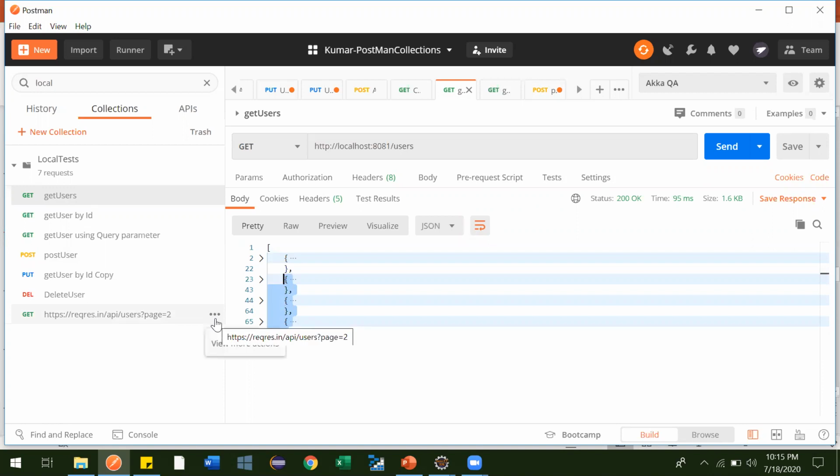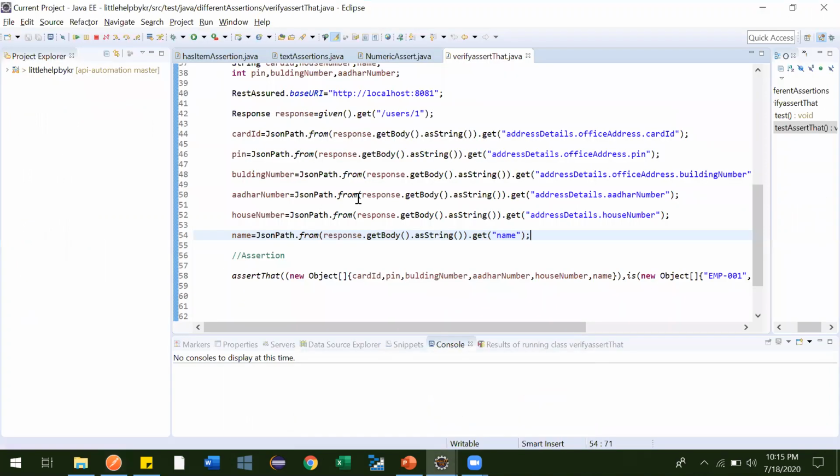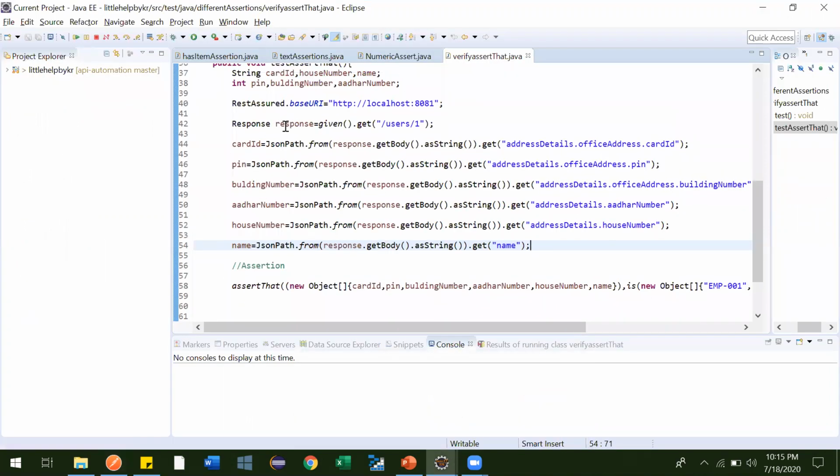Now we can start our session. Let me go to this Java code. Earlier, when we were hitting this, like address details dot office address and dot card ID, it was fetching only one, and we stored that in a string.